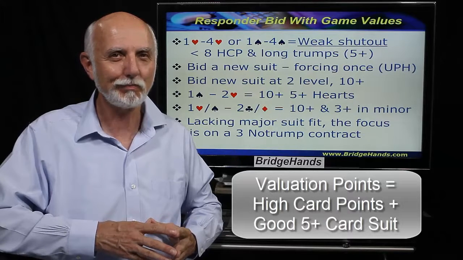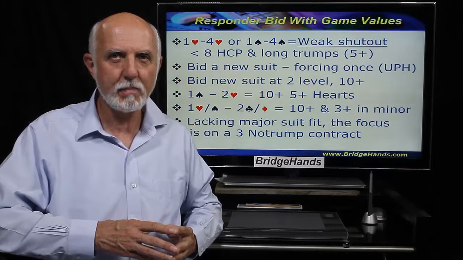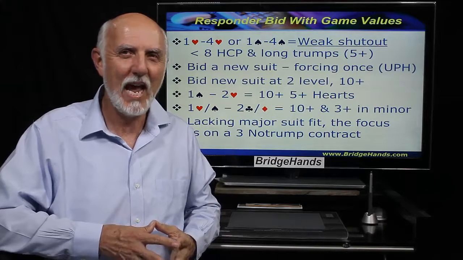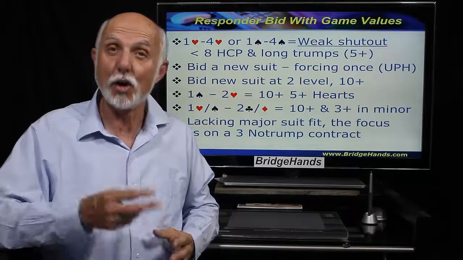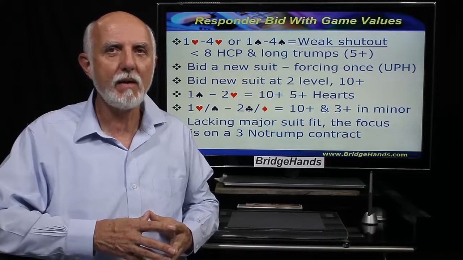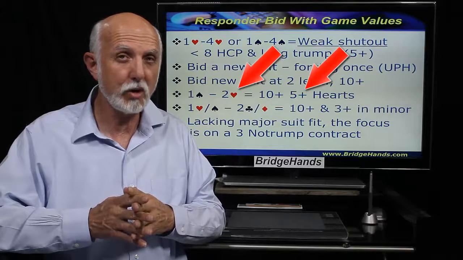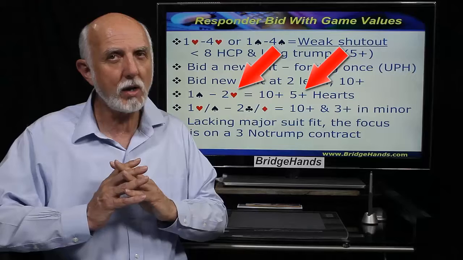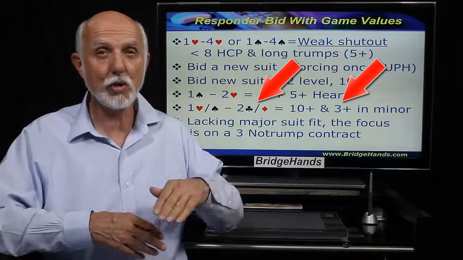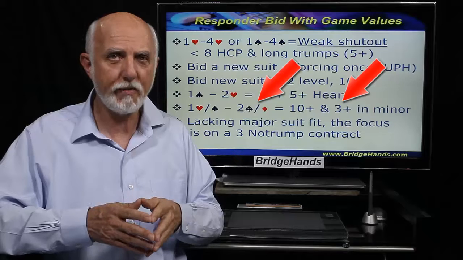More on that later. Well, okay, when responder makes a 2-level call in a minor suit, it might be a so-called convenient minor with less than a 5-card suit. However, as we'll see in today's lesson, responding in hearts after partner's 1 spade does indeed promise 5 cards or longer. So just like in the 5-card major opening, when responding in hearts, it does show a 5er or longer,